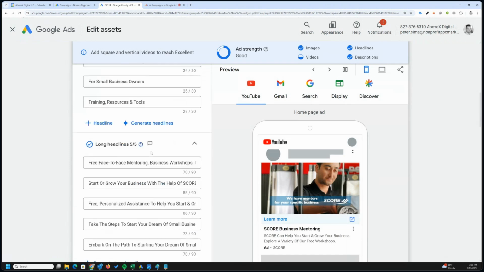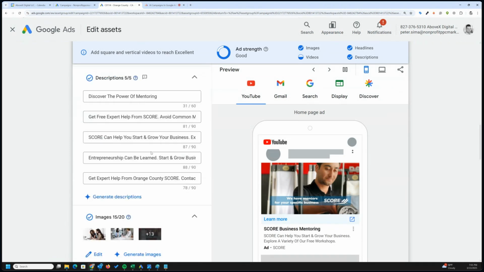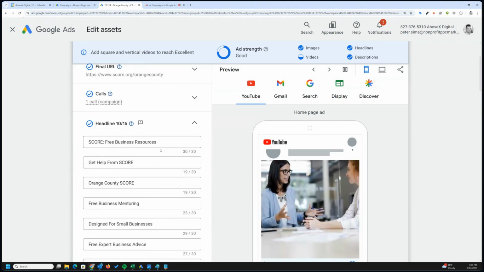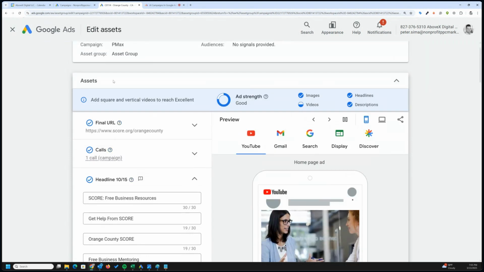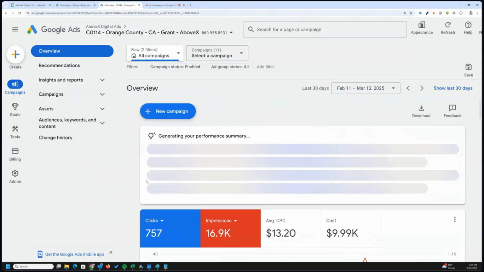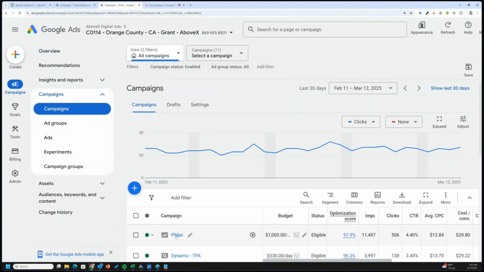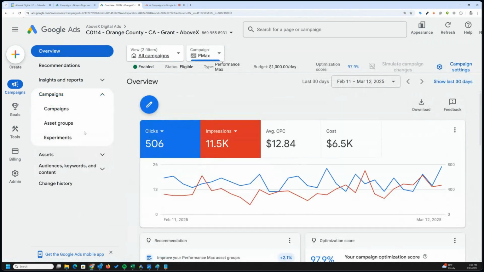And if you open this up, then I'll show you the assets. And it looks like we don't have enough data here yet. But after a while, you start seeing little charts here, and it will show you this one is the best performing one, this one is not so good performing one, etc. So that's one type of optimization you can do there. And the second type of optimization you can do is